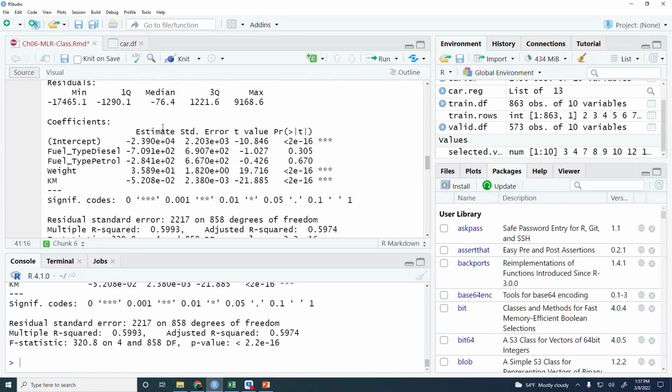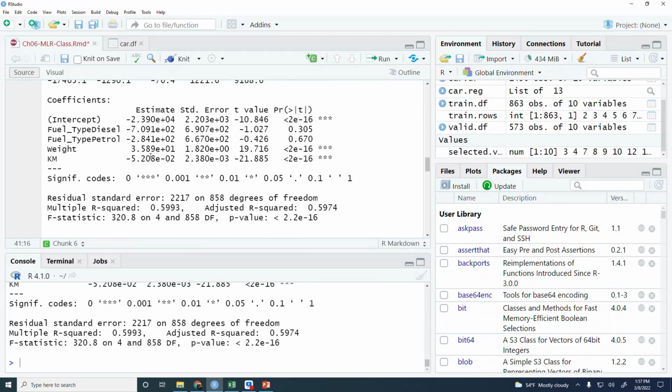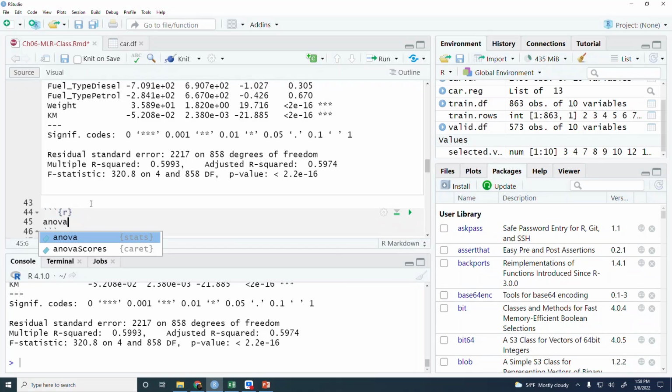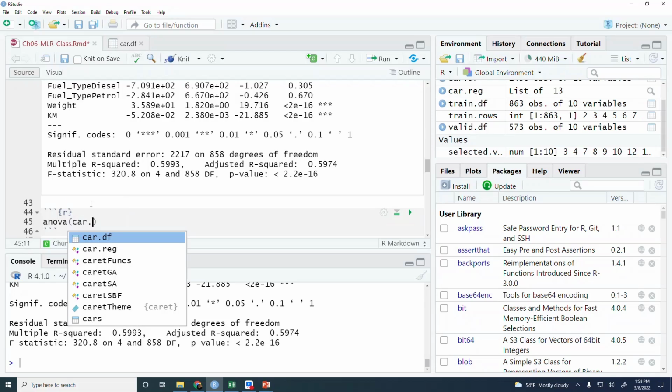Okay, so now we have the estimates. We need to look at the estimates, study that, and then we're going to generate one more output, and that is called ANOVA, ANOVA of car.reg.